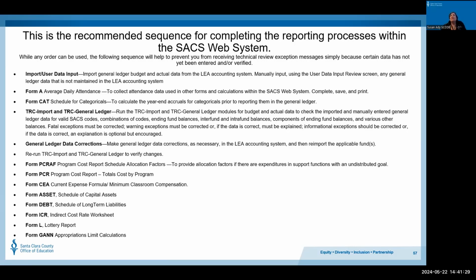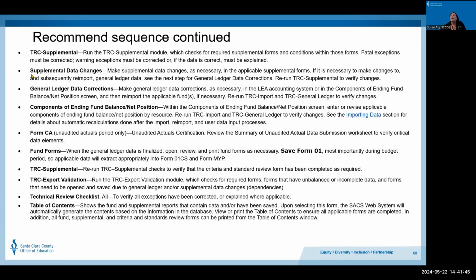So after every form that you have filled out, it is important that you consider rerunning your TRCs, and if needed, going back to your financial system, making corrections, and then re-importing so that you can clear those TRCs. Continuing on that list, again, it's talking about running your TRCs, and then making sure that you make your changes as needed.